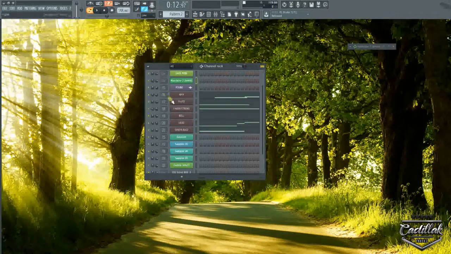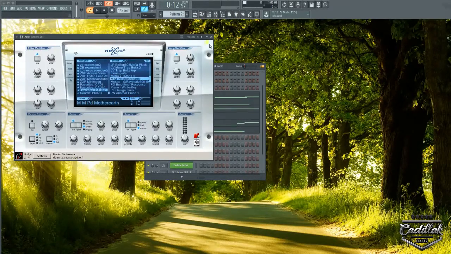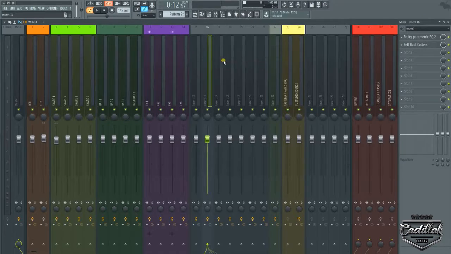Once you have it routed like this, 16 through 21, you can click right here to select the channel. Hold down, I believe, Shift on your keyboard. Well, yeah, if you hold down Shift on your keyboard, you can select them one by one, just like that. You can bring up the mixer, and then you can click right there on the mixer channel. I think it was starting at 16. It needs to start at